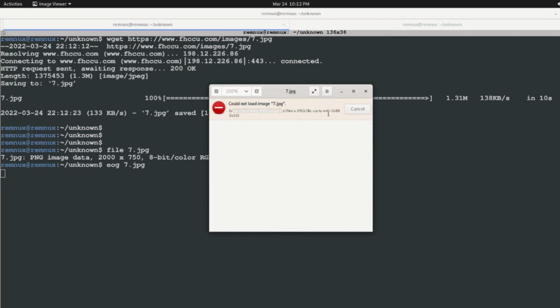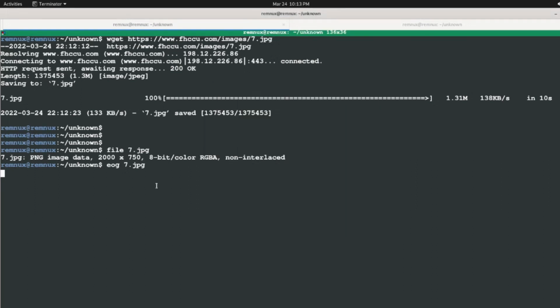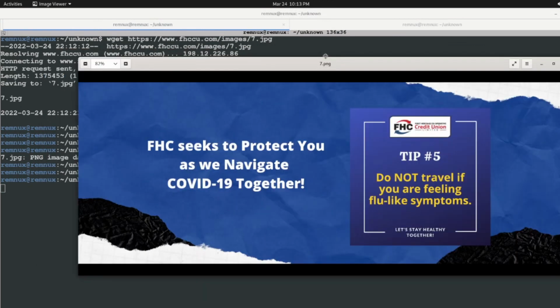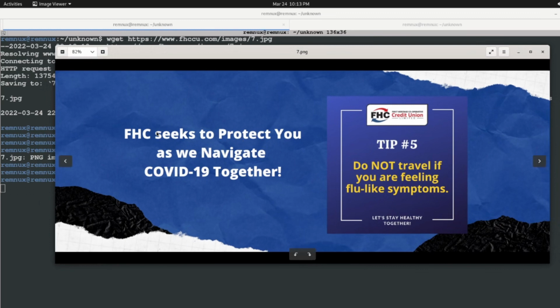Error interpreting the JPEG file. So, looks like the extension is deceiving here. Let me change this file extension to PNG and EOG once again, 7.png. Once I modify that file extension and open the image, it gives: FHC seeks to protect you as